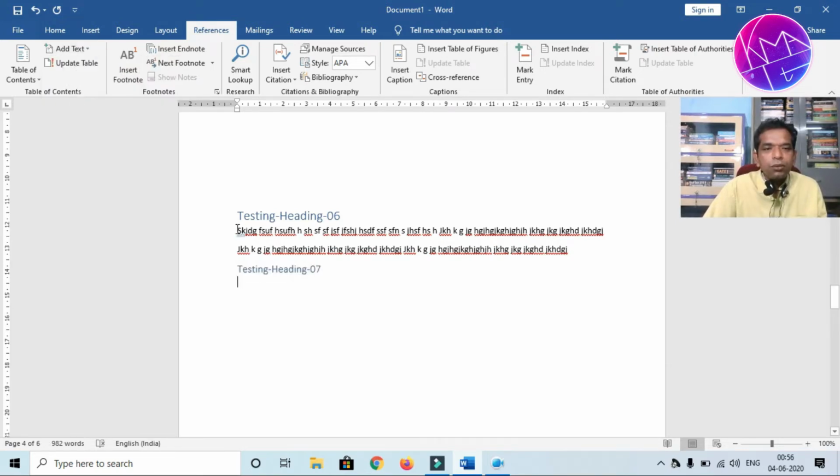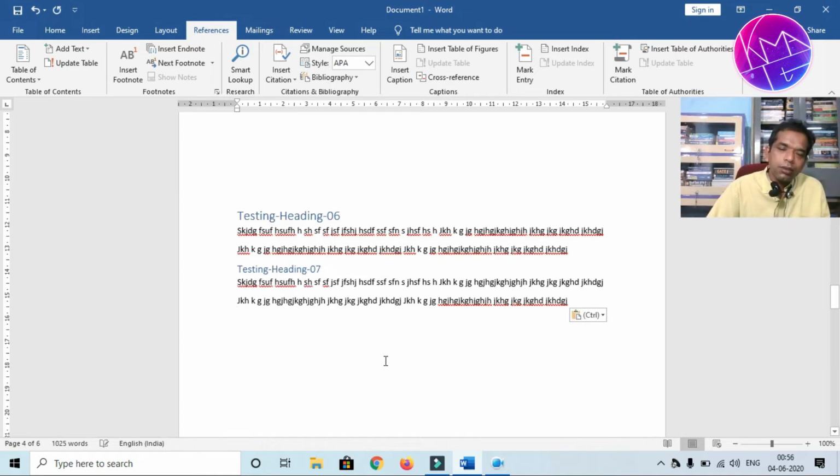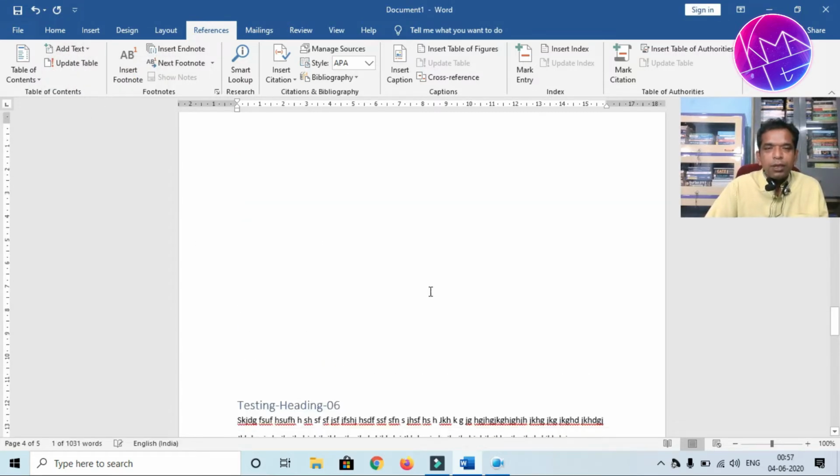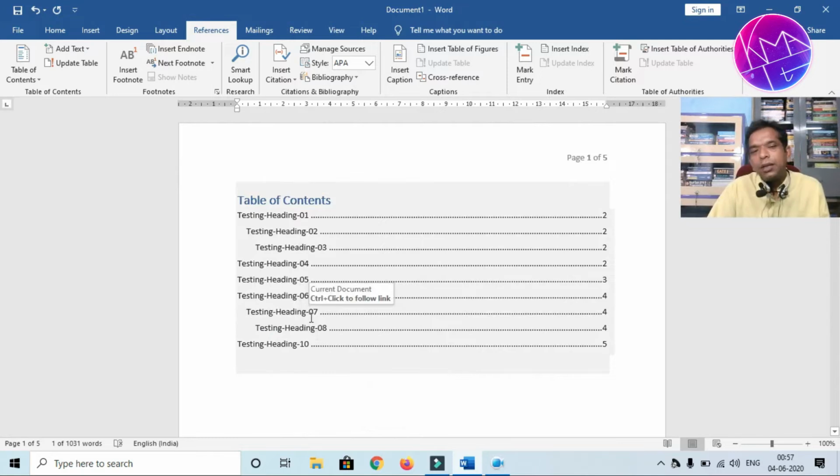If you want to put the same text, or you can write something according to your own necessity, I am copying the same thing here. So selecting heading 8, selecting level 3. Now update entire table and let us see: 7 and 8 have been added along with their page numbers.